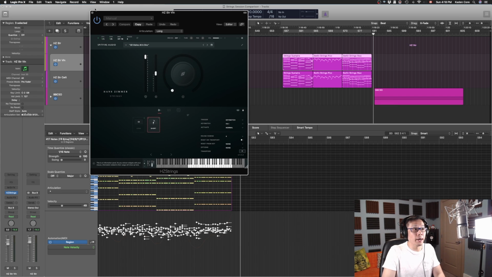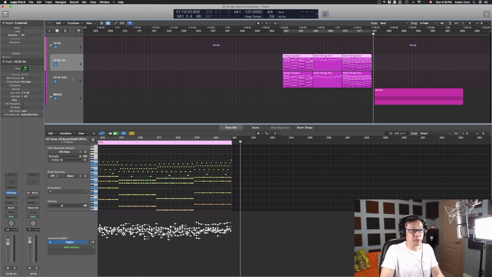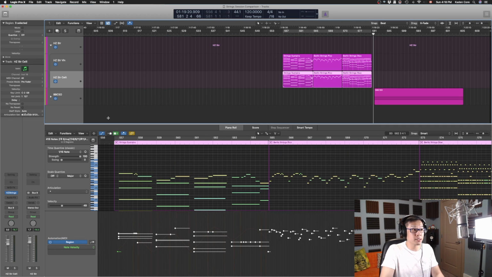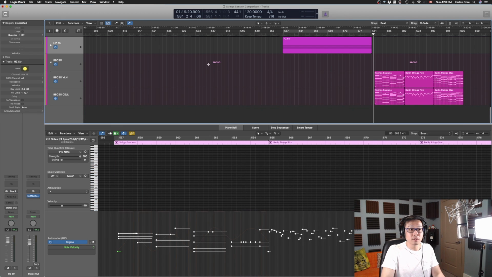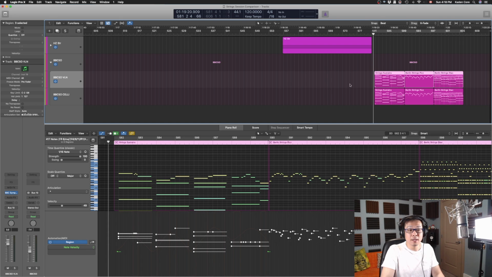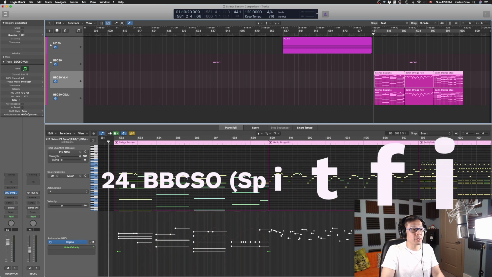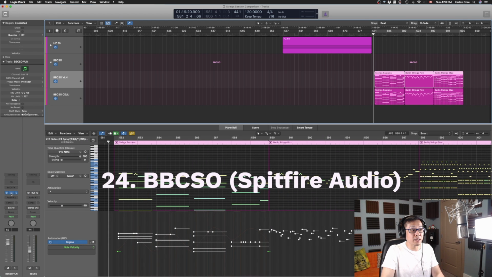So for the short note, there's no pizzicato, that kind of energy. But anyway, something like this is for when you're on the go, you just want to load something and write it, and you may not have the time to really dig into the detailed tweaking, hunting of the sound, right? So the last one we're going to look at today is BBC